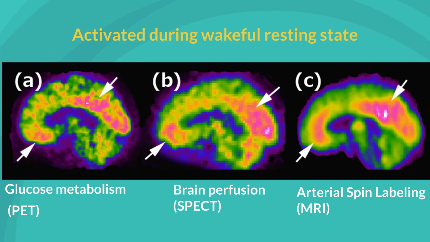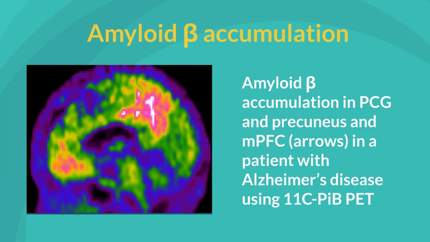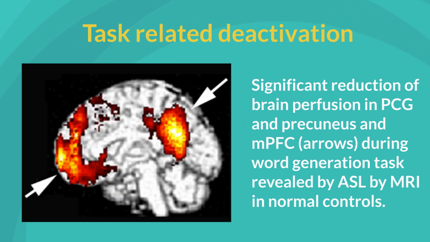Let's look at the activity of the default mode network in the awake resting state of a healthy subject on functional brain imaging. Glucose metabolism PET, brain perfusion SPECT, and arterial spin labeling of MRI show high perfusion and metabolism in the posterior cingulate gyrus and precuneus and medial prefrontal cortex. In Alzheimer's disease dementia, amyloid beta protein accumulates in this default mode network, the posterior cingulate gyrus and the precuneus and medial prefrontal cortex. The activity of the default mode network, which is high during waking and resting states, decreases